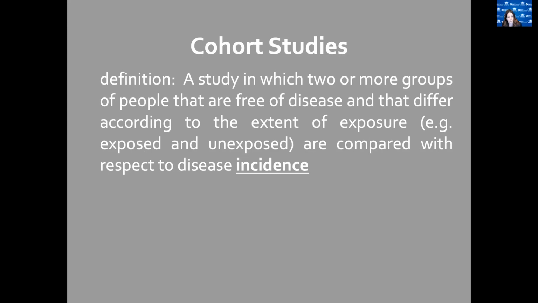So to address the problems of cross-sectional studies, we move into what's considered the gold standard observational type of study in epidemiology, which is a cohort study. That is a study in which we're studying two or more groups of people that are free of disease and differ according to an exposure of interest. So we may be interested in seeing, for example,